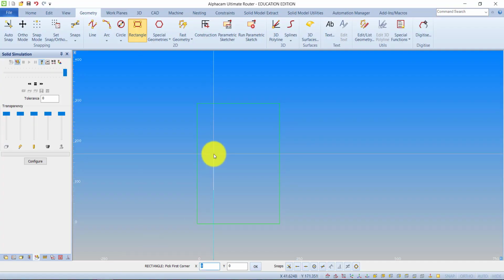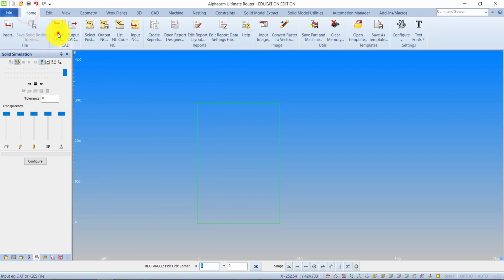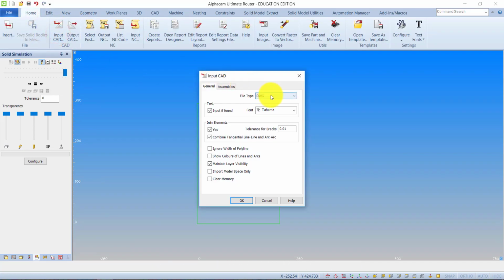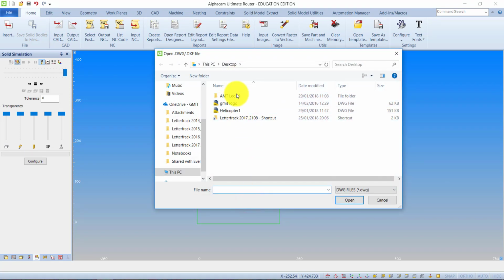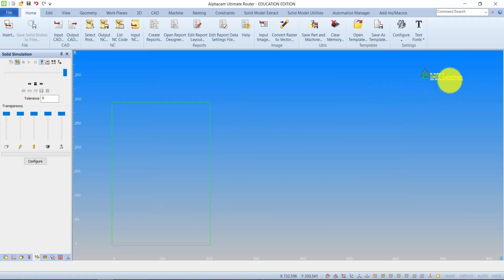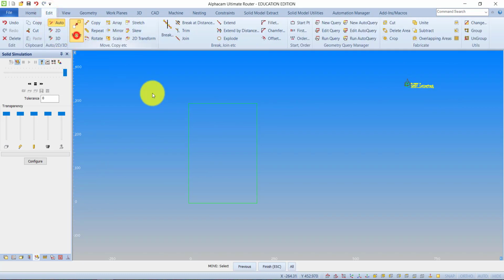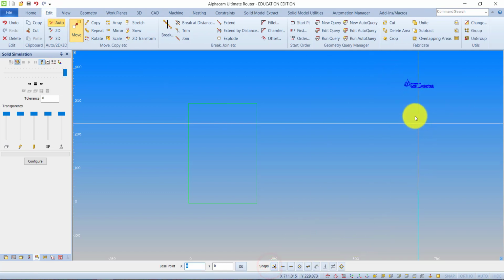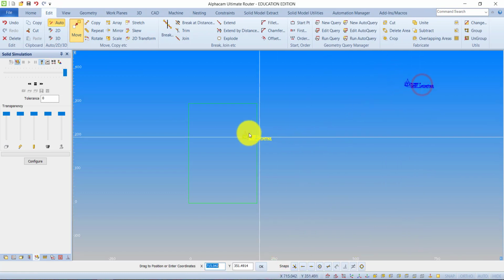So going back to AlphaCam, I'm going to bring in that logo now. So Home, Input CAD, it's a DWG, which is AutoCAD, so press OK. On my desktop, I've got the folder called GMIT logo. You'll be able to download it from Learn Online. And when I bring it in, it appears over here, way off over to the right. So the first thing I'll do is move it into position. So edit, move, let's select it, press finish, click a point in it,